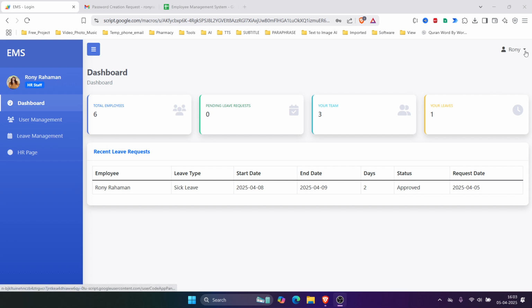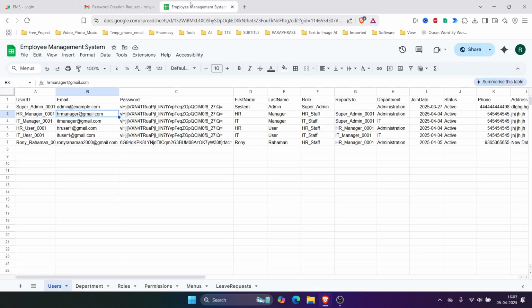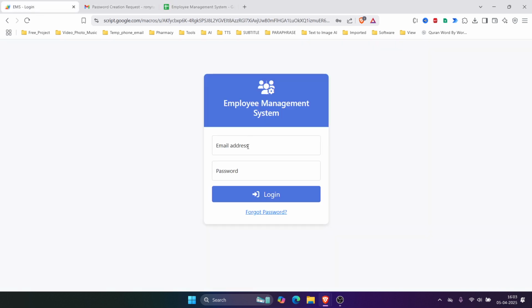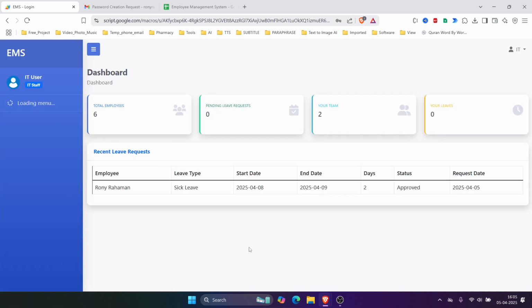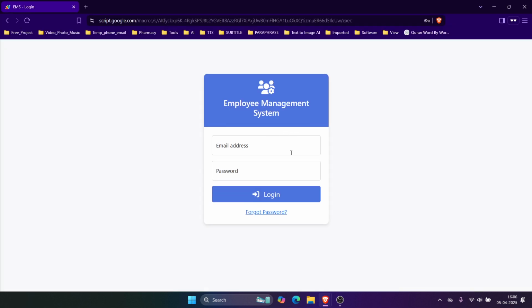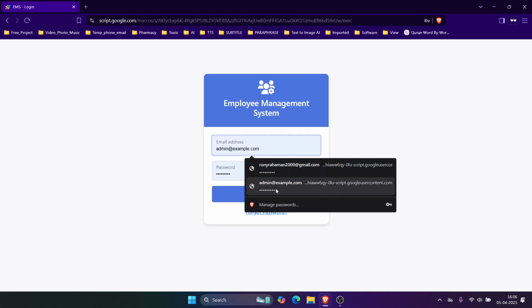Now let's log in through another user. Let it be the IT user. If we log in to the IT user, we see the IT user has no access to any menus. So to give the authorization for this IT user, we have to go to the admin, the super admin user,